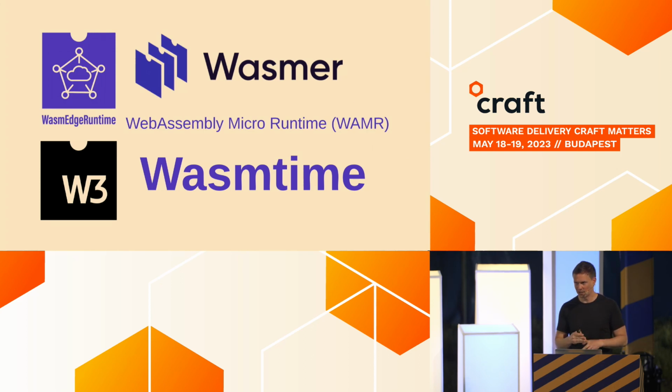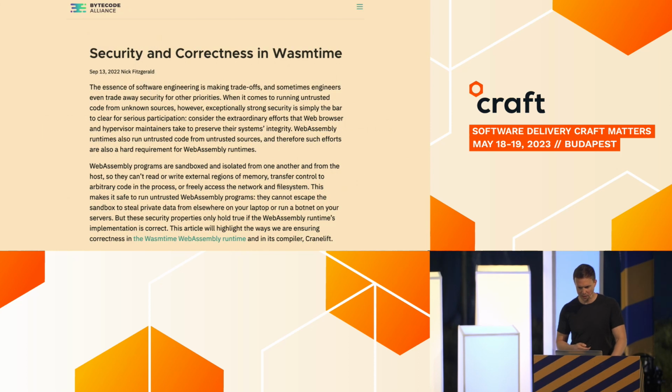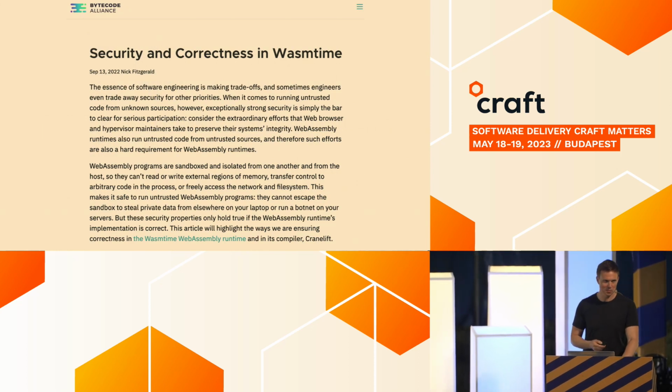Now, V8, which is the sandbox within the browser, has been around for years, and it's received an enormous amount of scrutiny. None of these runtimes have received anywhere close to that amount of scrutiny yet. I think the leader at the moment is Wasmtime. It's written in Rust rather than C or C++, which is, I think, a good choice. They've also been very open, more open than the other runtimes, about their vulnerability disclosure policy.